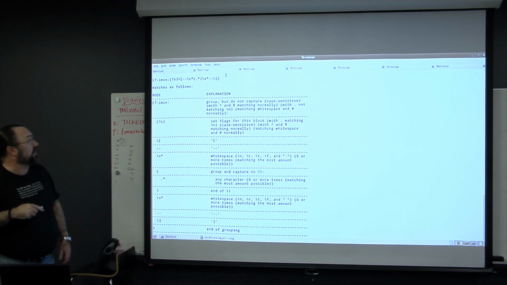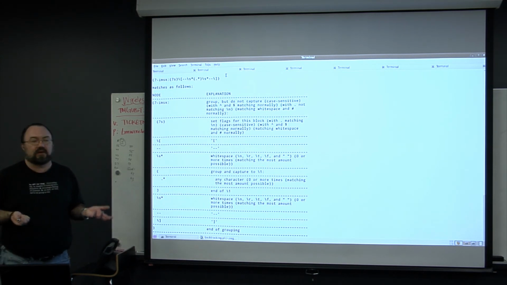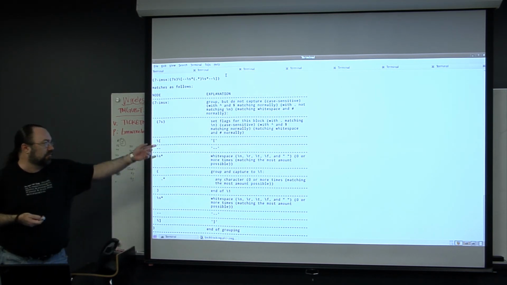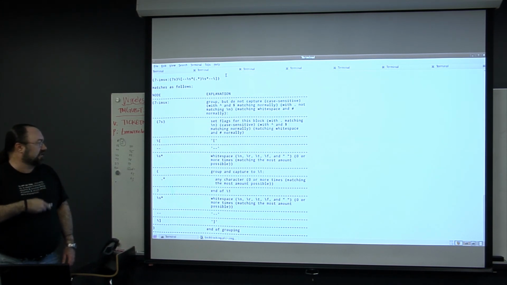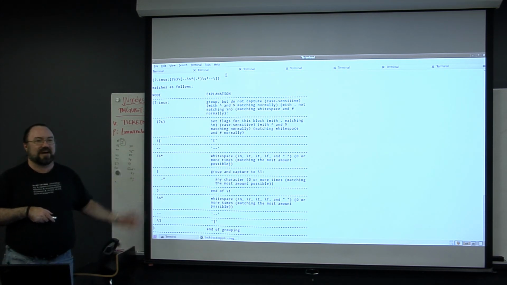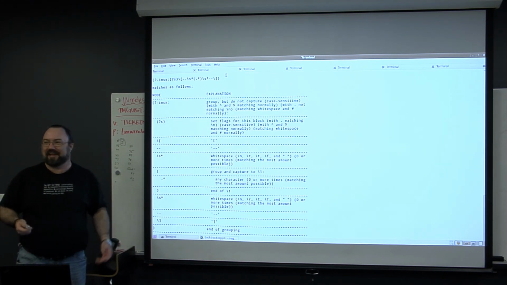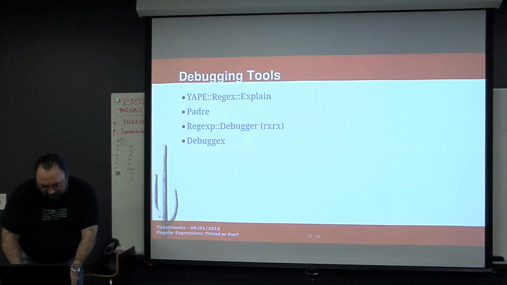But this is just nice if, let's say, you have somebody else's regular expression that works fine, it's not buggy, so you don't necessarily need to step through it. But you can run it through this real quick, just to see, well, what's it doing. And this just breaks it out for you step by step, what every single piece of it is doing. And again, this is a beautiful tool. We didn't used to have nice tools like this that would explain it to you in plain English what the heck it's doing. So, I thought I would show you that example. Now the Debug X.